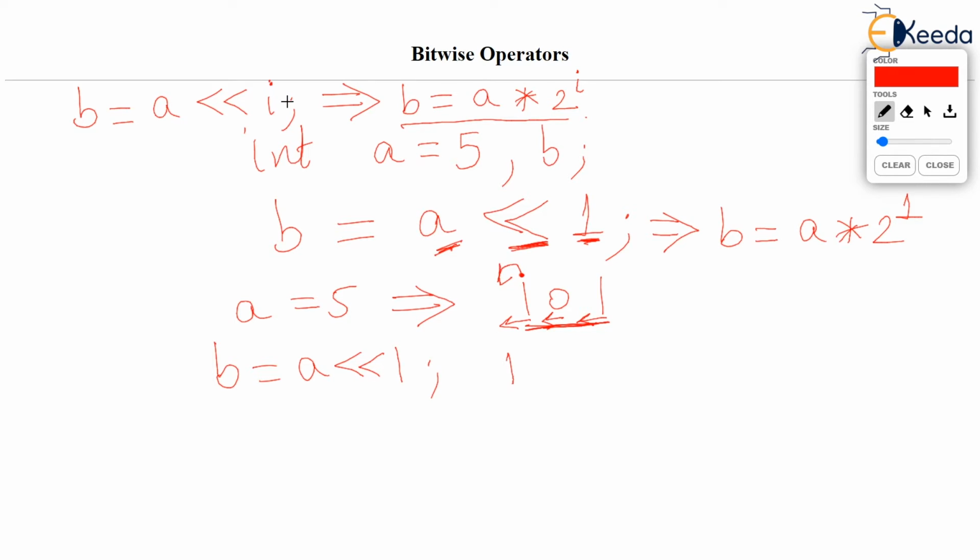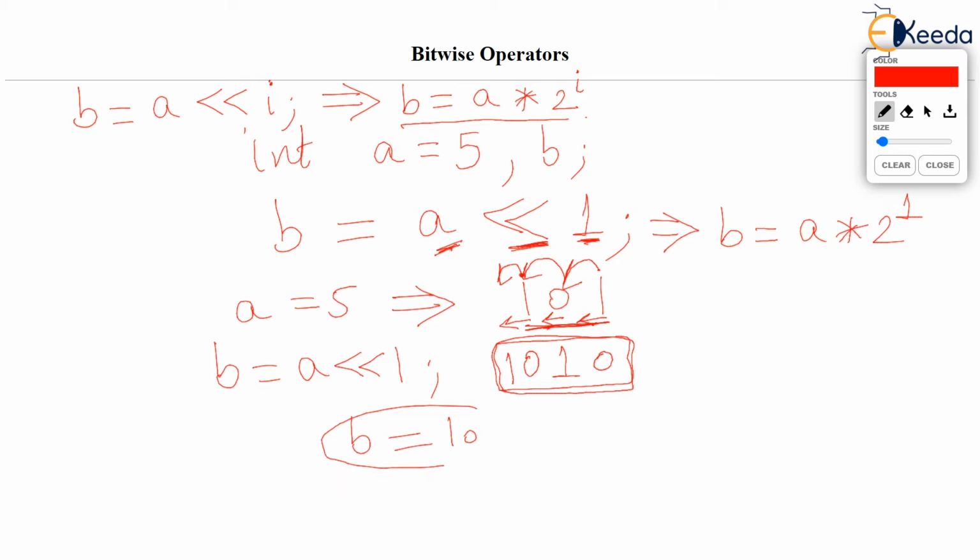This 0 will take over the place of this 1. The last one of our binary number will come at the place of 0. And there will be an additional 0 padded up on the extreme right, or rather the LSB, least significant bit, of the number. And this is the value of B. This is the value of B, 1010. But that means B in decimal form, 1010 is nothing but 10. B is 10.